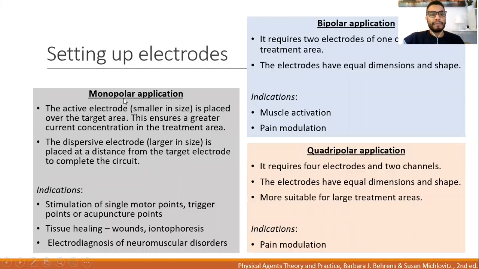So in the monopolar application, we have the active electrode, smaller in size, placed over the target area, and this ensures a greater current concentration in the treatment area. The dispersive electrode, larger in size, is placed at a distance from the target electrode to complete the circuit. This application is mainly indicated for stimulation of single motor points, or acupuncture points, or trigger points. Okay, we use monopolar application